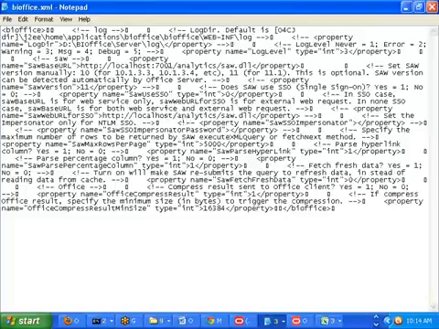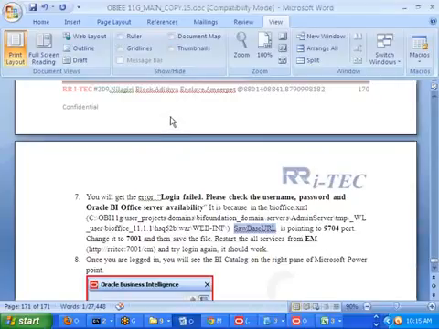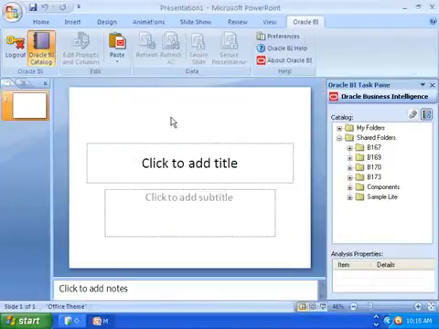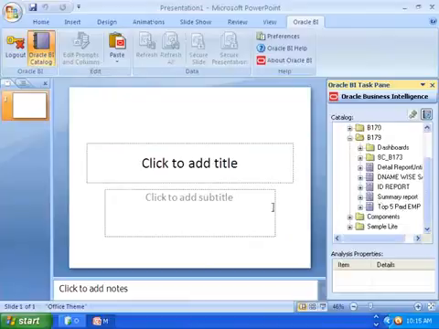You are not modifying much here, sir. You only need to replace what, sir? Here 9704 is available, and you need to replace it with 7001. If you do like that, then if you go for the test connection, you are going to get it. Am I clear? Then once it is available, whatever things you've done, you can simply drag and drop